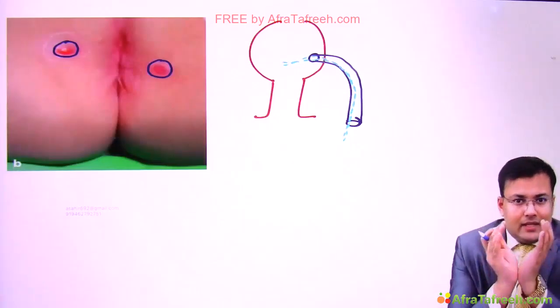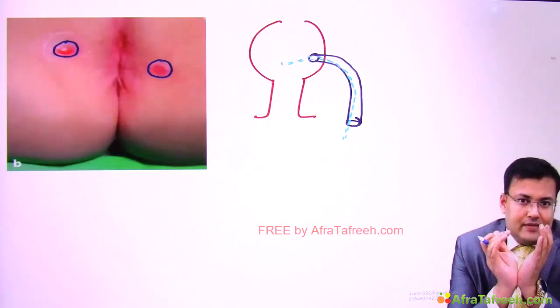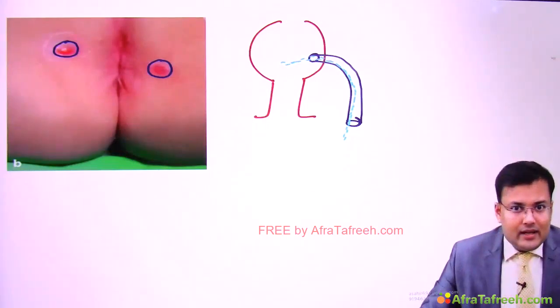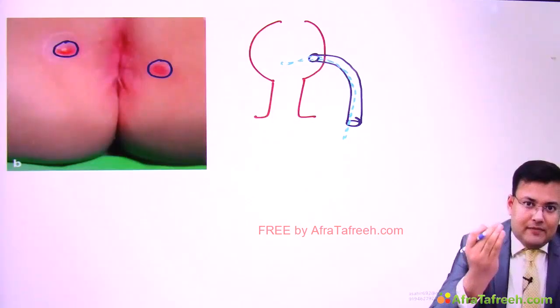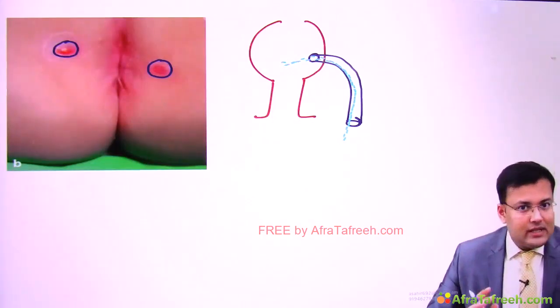Why? Rectum is the fecal reservoir. Clear? So if the patient passes feces and flatus, it means the internal opening is in the rectum. In the anal canal, fecal matter is not there. Whenever the patient goes for defecation, only then fecal matter comes. Okay, so these are the special points.